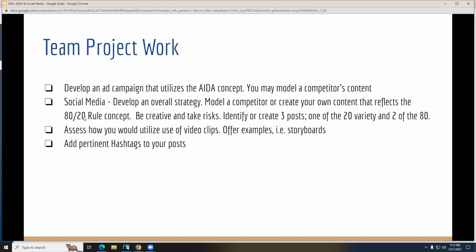Then I'd like you to finally, for your 80-20 rule posts, have at least 3 hashtags for each one. That is the teamwork. It's quite a bit there. So that being said, I'm going to stop the recording and we'll